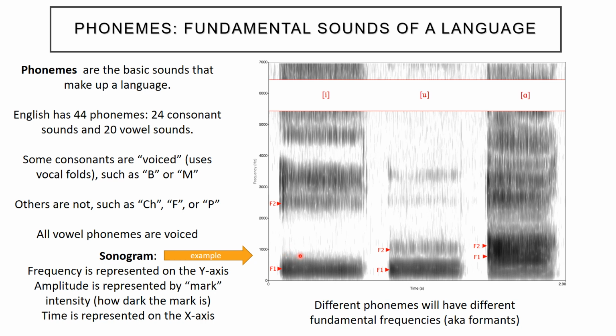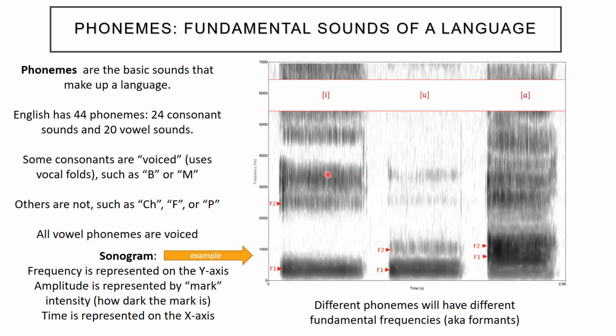Now, how do I know that that's what these formants are and where the strength is? That is because I'm looking at the darkness of the mark, and that indicates the amplitude of the sound that's being generated. So the loudest part of the vocalization of this individual, you can see, is down here, because this is particularly dark. You can see it's relatively dark right at the beginning and then kind of lightens up.